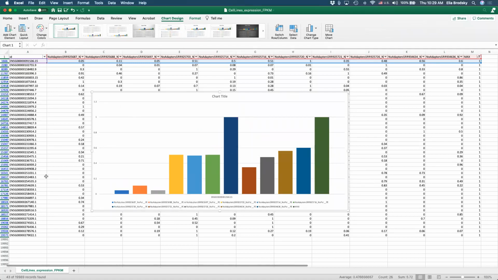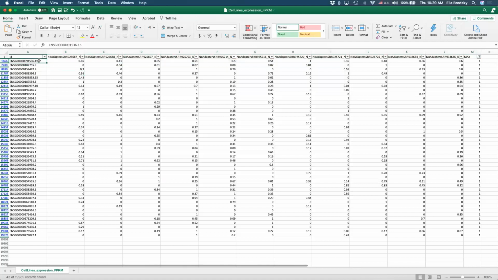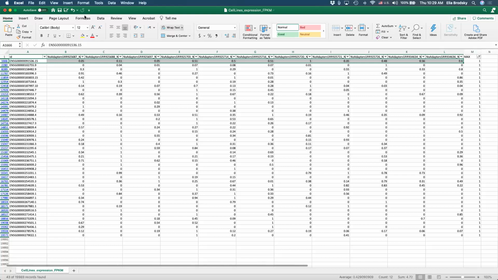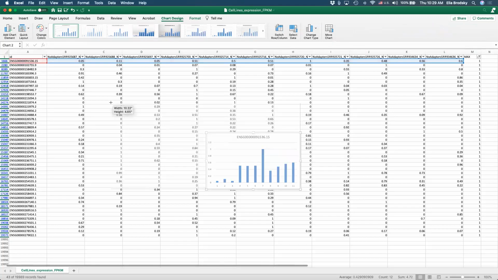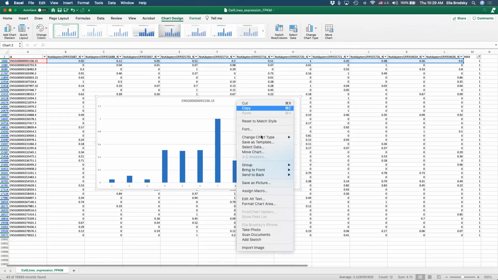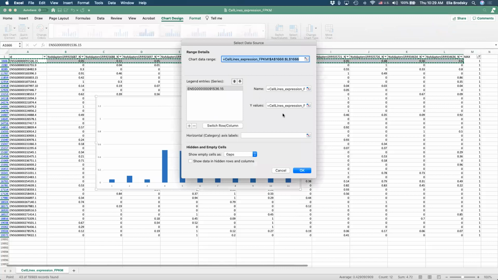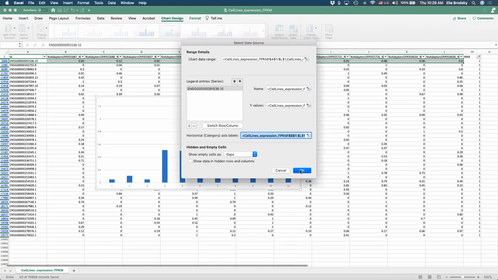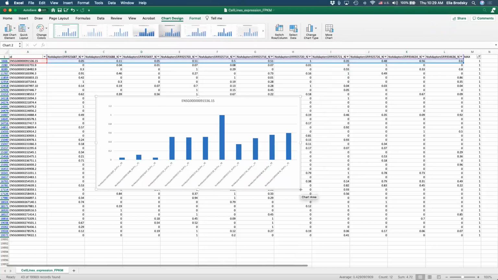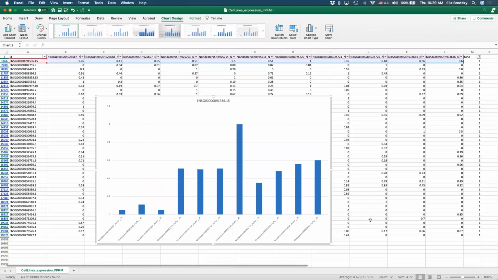Let me get it in a different format. Okay, great. So here I have my regular bar plot, and here I have my profile.